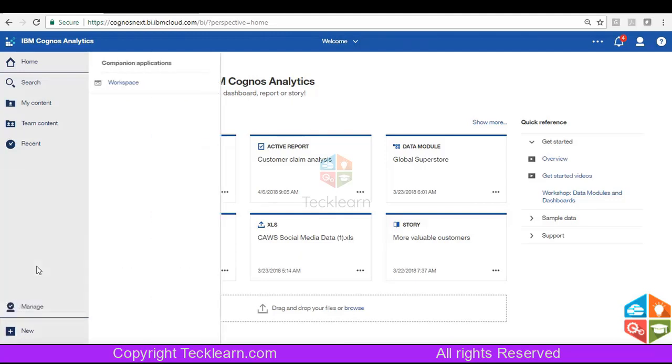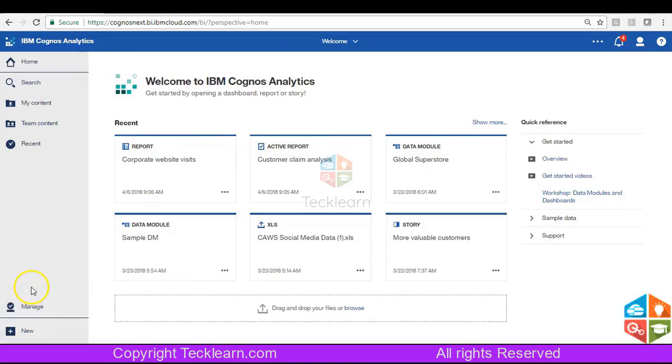Then I have Other. Here you would be able to see all the legacy studios. When you are installing Cognos 11, it will ask you whether you need the legacy studio. In case you are upgrading from the 10 version to the 11 version, you would have already created reports in Analysis Studio, Query Studio and all. In those cases, we need the legacy studio, so you need to specify that I need the legacy studio. In Other, you will be able to see the legacy studio, and also the workspace. Workspace is also now a legacy connection. As I said, as of now it still exists, but maybe in the coming versions it may go off.